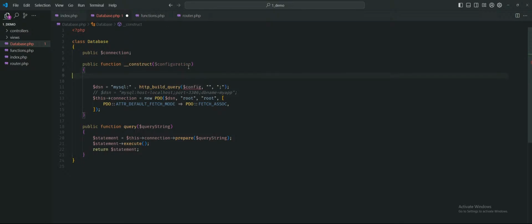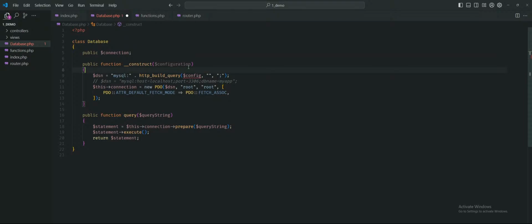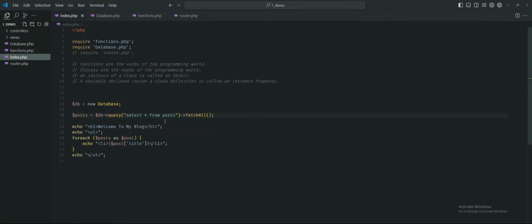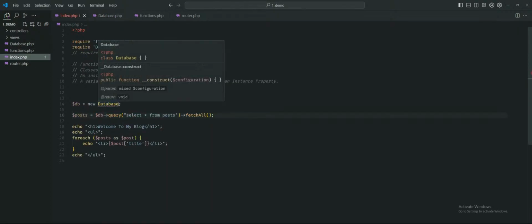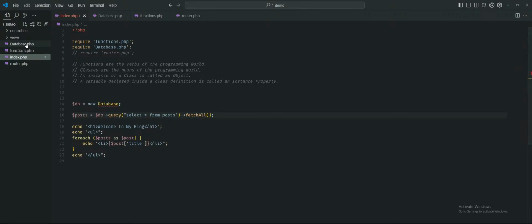But just to be extra clear, you know what I like doing, right? So this could be absolutely anything. I could call this Jerome, Jerma, I could call this Rajesh, whatever I want. So configuration. I'm going to choose configuration because that's a decent enough variable name. Go to index.php, and when I'm instantiating a database object, it takes in